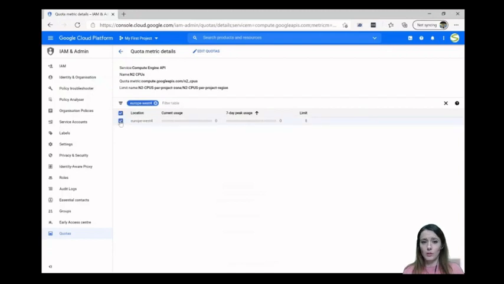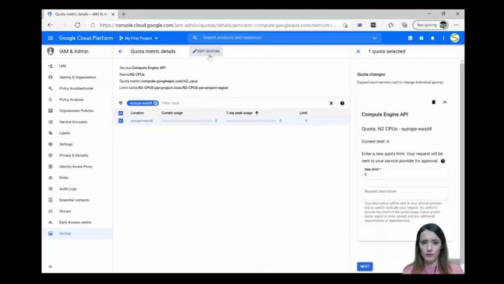And the same, I'm going to request 45. In this case, I have even less, 8. So let's request 45. Same, you put a description and you will have to enter email address, phone, and submit the request. And you will receive the 3 emails. Again, my inbox was plenty of Google emails.